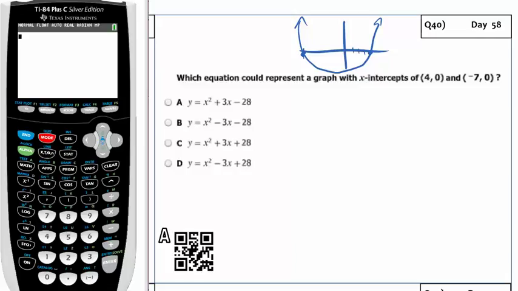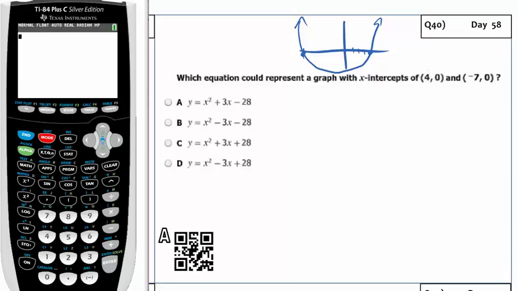If I do that, I'm going to go over here, and I could factor each of these ones and kind of guess and check. I could also go into my y equals in the calculator, and I could plug that in for y equals and guess and check. But if I know that